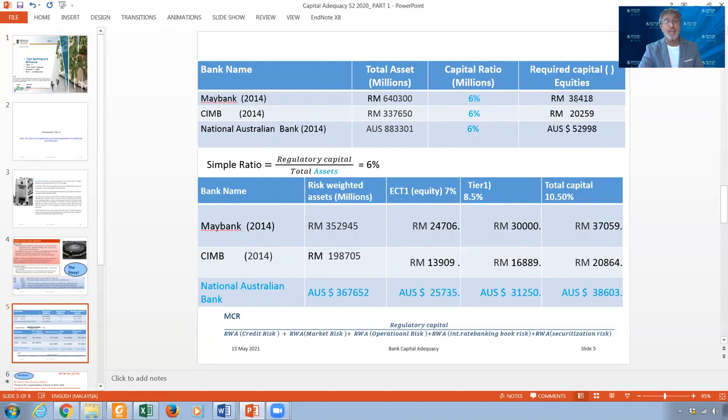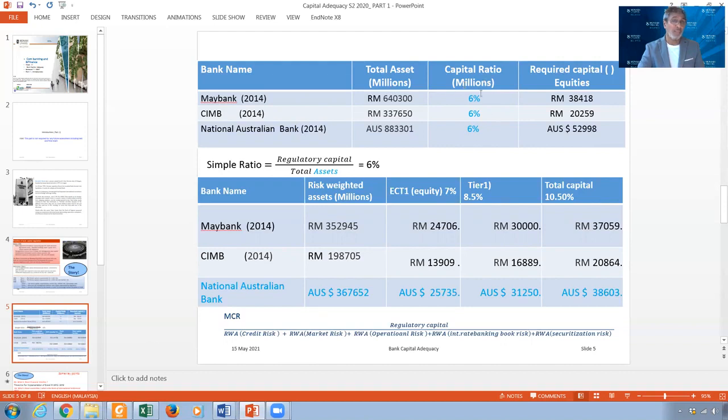Look at these banks: Maybank should have 38 billion, CIMB 20 billion, and National Australian Bank around 52 billion. This is if you are assuming you're taking the leverage ratio, which was the requirement